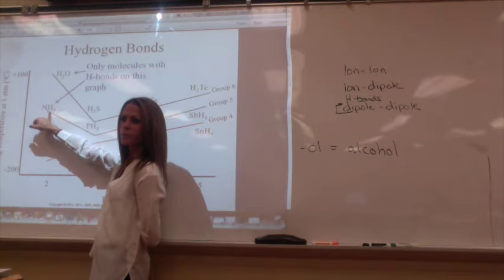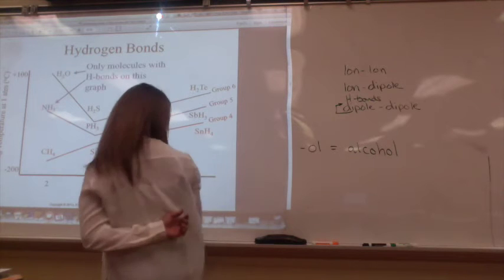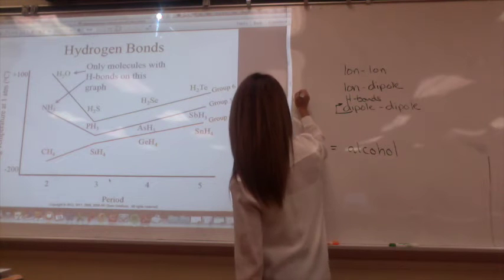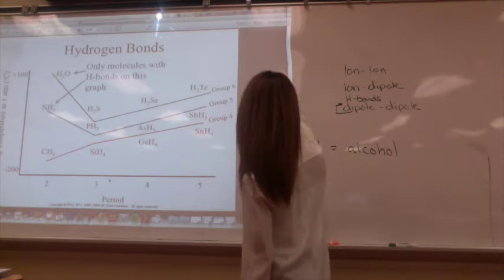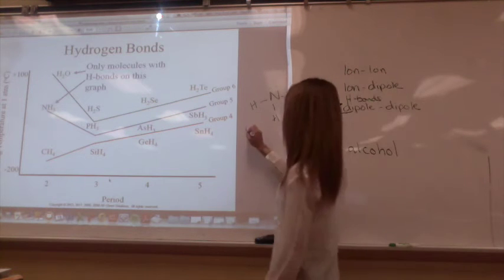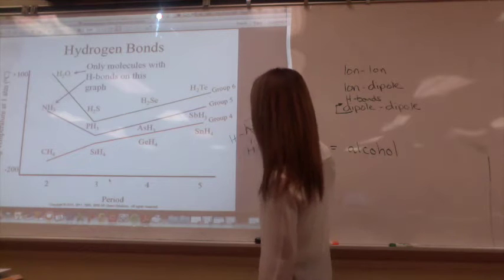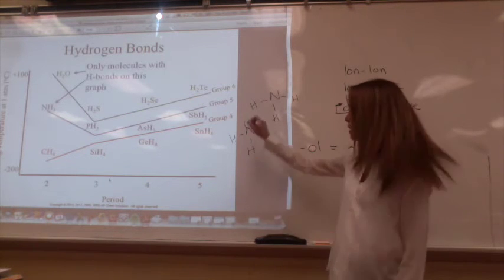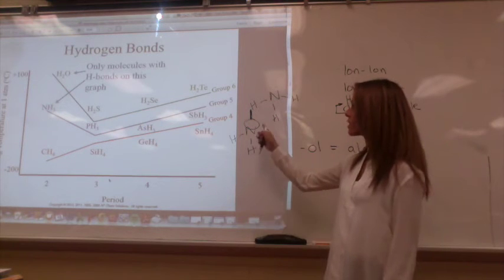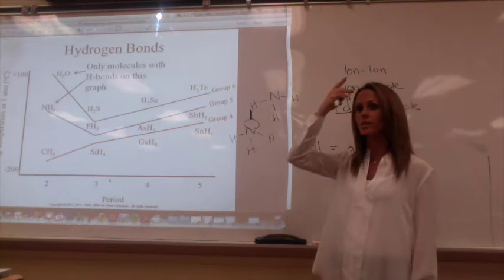How do you know? You're just going to guess? I wouldn't guess. I would draw it. I would draw NH3 out. And I'd say, oh, hydrogen's bonded to a nitrogen, oxygen, or fluorine. And then another nitrogen, oxygen, or fluorine will come in. And here's the lone pair on that nitrogen. So then I'm going to create hydrogen bonding here, right? So this, though, is not as strong a hydrogen bond as water. Why do you think?